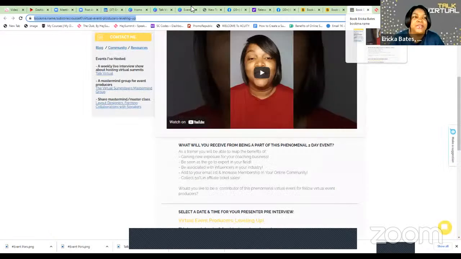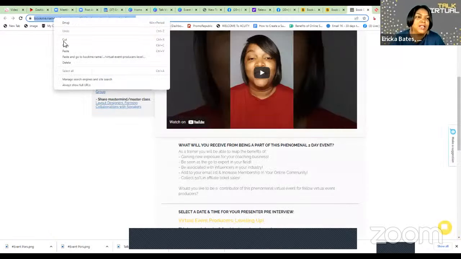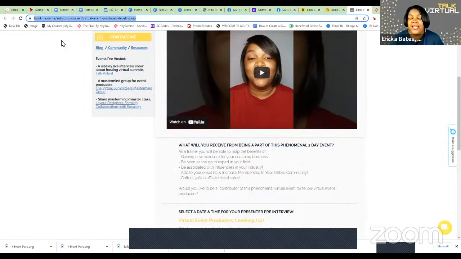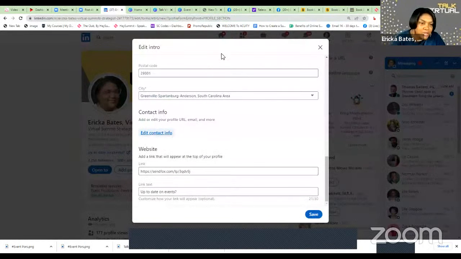So I am going to use this Book Like a Boss page. Copy. I could use it, or I could use the Sendbox one. It is really up to you, but you have to put something in this link here, which will show up right here, and you can name it whatever you want. See, link text is right here, and I just wrote up to date on events. So the website